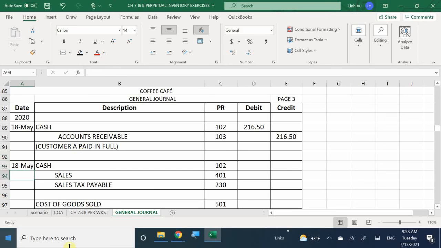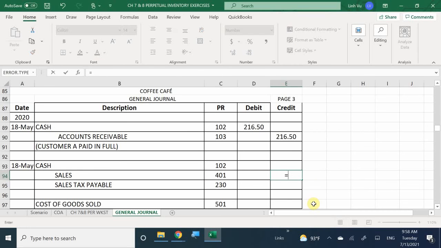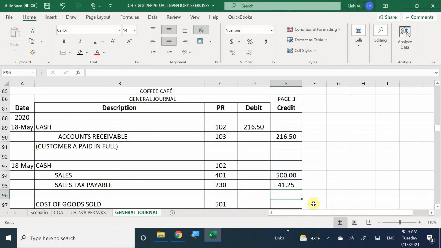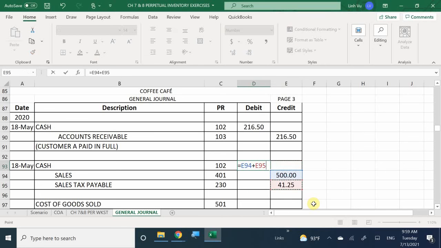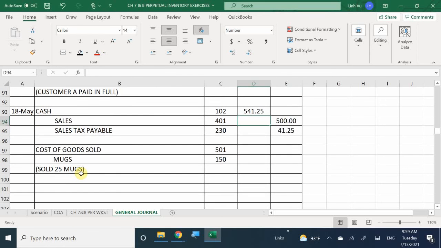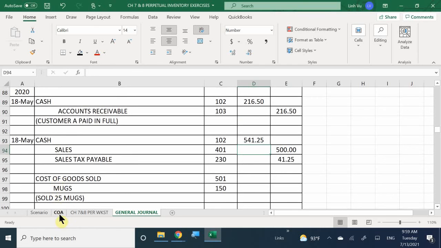Okay. So if we sold 50 mugs for $10 each, how much is my total sales? 500. What is the amount of tax that I'm going to be collecting? 41.25. This times 0.825, comma 2. So therefore, in grand total, how much cash am I going to be receiving? $541.25. Okay. Now, the idea here is that we sold 50 mugs, so therefore we got to go back